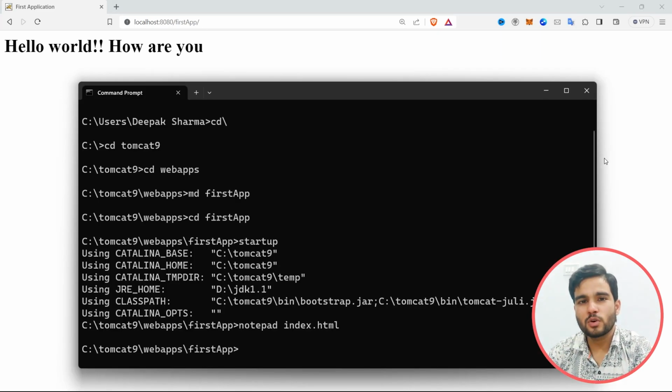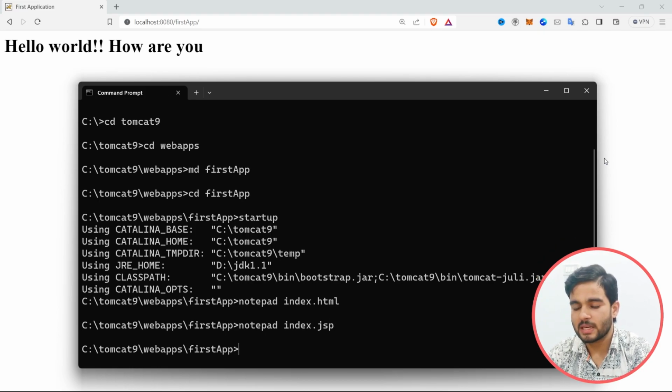Now after this we are going to create a dynamic page example. So let me create a JSP file for that, because in an HTML file we cannot use the Java libraries. That's why I am not using the HTML file. But in JSP files, the Java Server Pages files, we can use Java code as well. Like we do in the .java files, we can do the same thing in the .jsp files as well. So let's do that. Let me create index.jsp